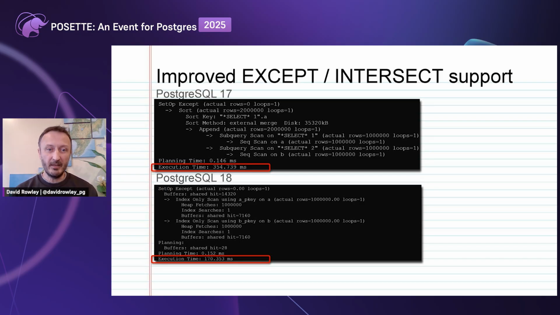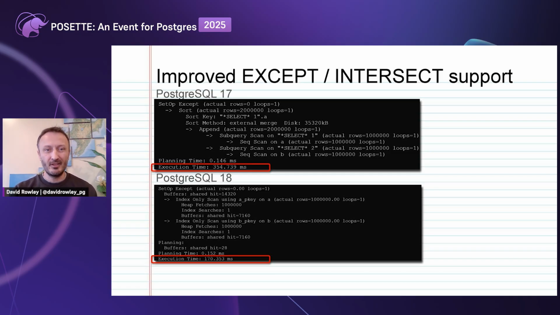And the planner is effectively able to eliminate that in Postgres 18 because the target lists are the same. There are no junk columns that need to be removed before it's output to the client. And one thing to note about Postgres 17 is, if you look further up at the append, that's concatenating both sets of results, mixing them all together, and then it's sorting it. And it sorts it by the entire select list plus that flag at the end. That flag, the 0 or 1, becomes a tiebreaker. And then that's fed into the set operation, and that looks at that flag to figure out which side it